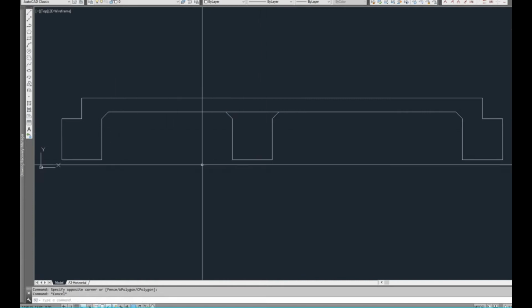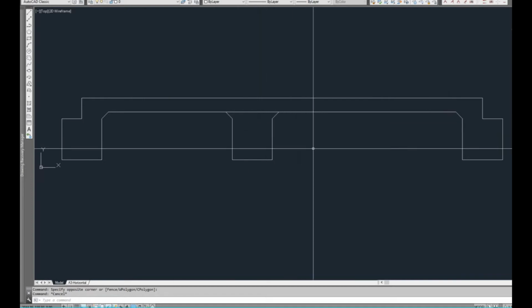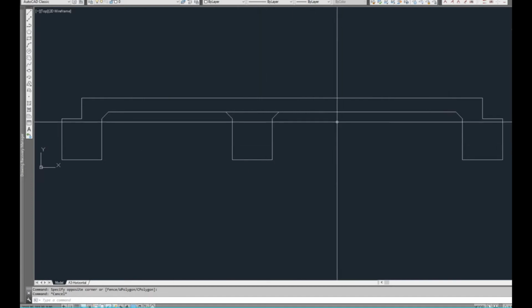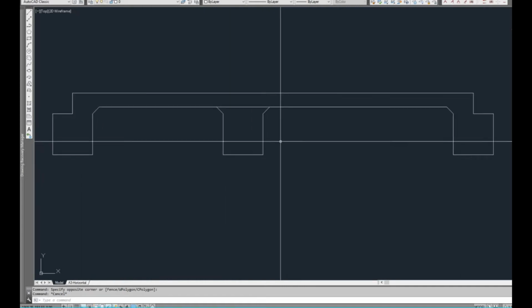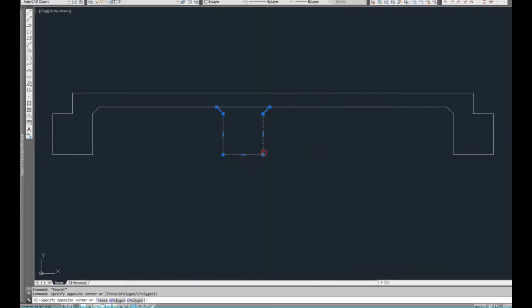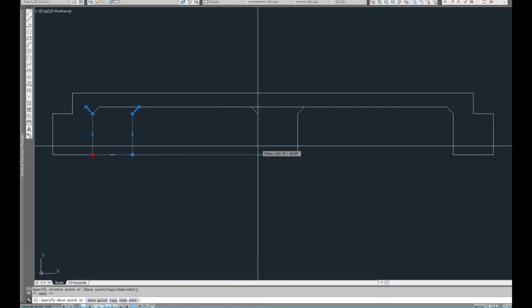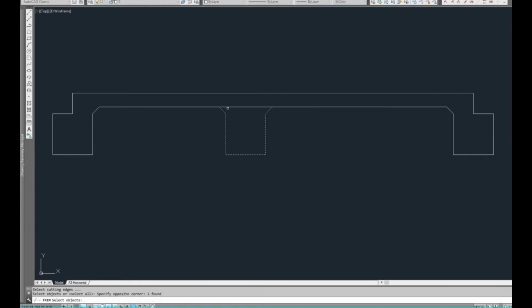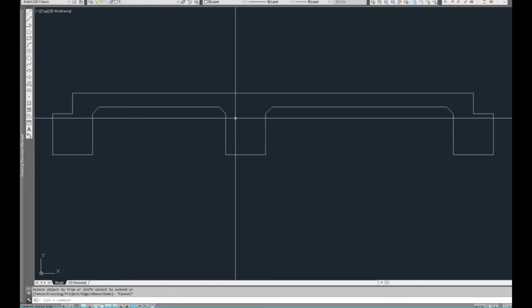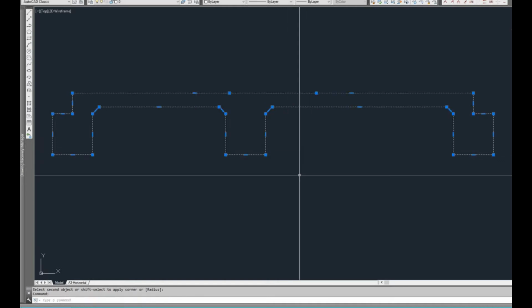Now generally you'd have your spacings worked out, and how the engineers maybe specified them, or you perhaps used some sort of table or chart to determine where the distances will be from the edge beams to these internal beams. But in this case I'm just showing you how to do it. So let's say that was 1 meter off, for instance. I could just go 1000 and then I can trim, so TR, select that, and now I can fill it again. As you see, now we have one solid